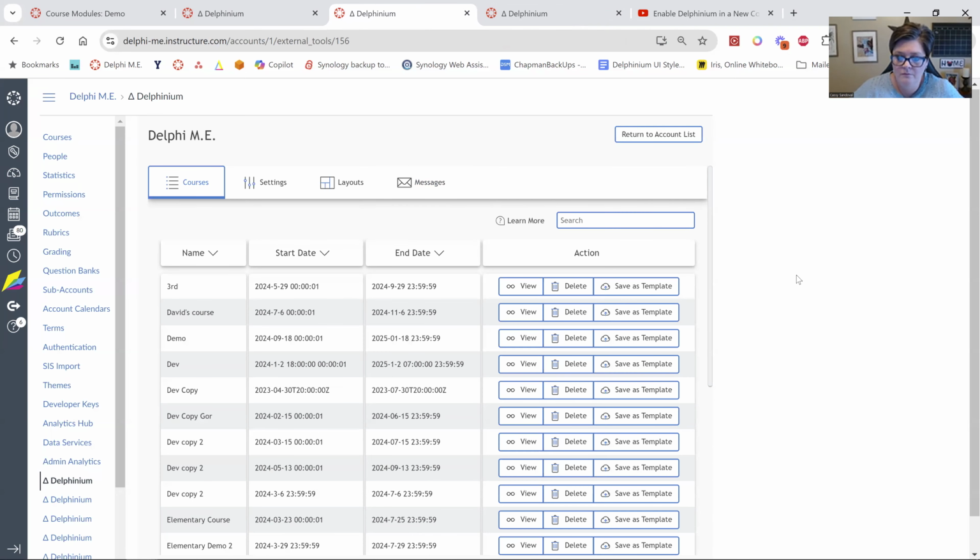It's different than Canvas, because Canvas jumps you into the whole course. You can do it from there too, if you have that access. But if you don't have that access and you do have this access, you could do just the Delphinium part. Okay. If somebody has tweaked their own course, or you have tweaked your course to a place that you like it,